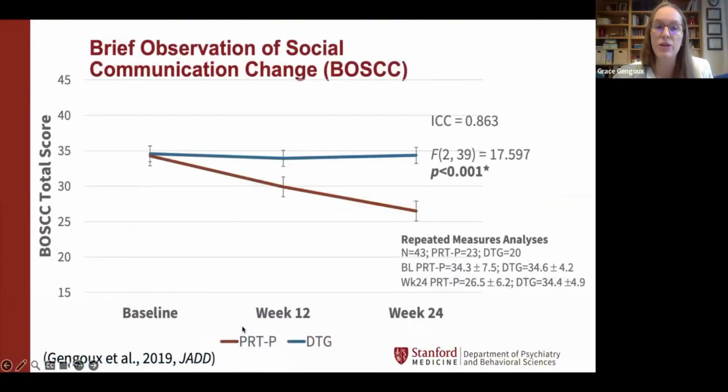And even more exciting, we used a measure called the Brief Observation of Social Communication Change, which is a measure that's designed to assess core features of autism, but is designed to be sensitive to change over time. And in this measure, a decrease in the score represents an improvement in the child's social and communication abilities. So we saw pretty stable functioning across 24 weeks for the children in the delayed treatment group, even though they were already receiving other community-based treatments, but a nice improvement in the PRT group in children's core social and communication